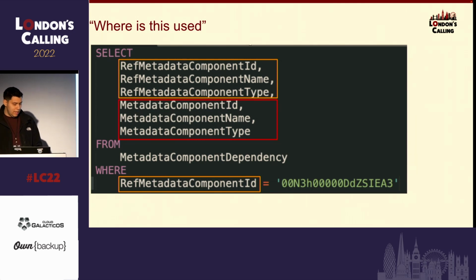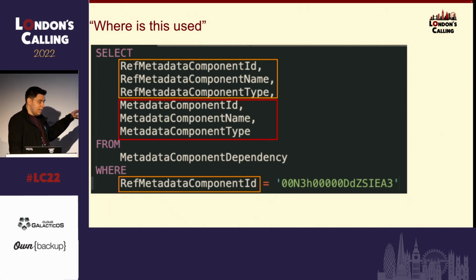So this is what it looks like. Basically, it's an object called metadata component dependency, and it has two sets of fields. So what you're seeing here is a query to see all the places where a custom field is being used. The ID that you see there at the bottom is the ID of the field. And as you can see, I'm filtering that on the ref metadata component ID. And if you see, the first section is all ref metadata, and the second section in red is just metadata component ID, metadata component name, and component type. So the idea is that the red section is going to give you the metadata that is referencing the ID